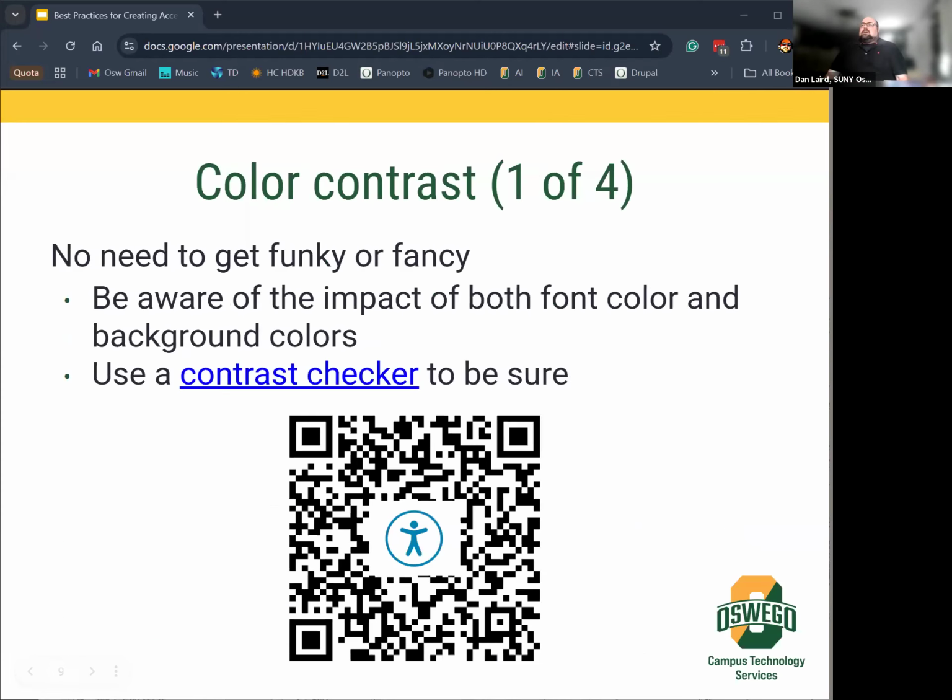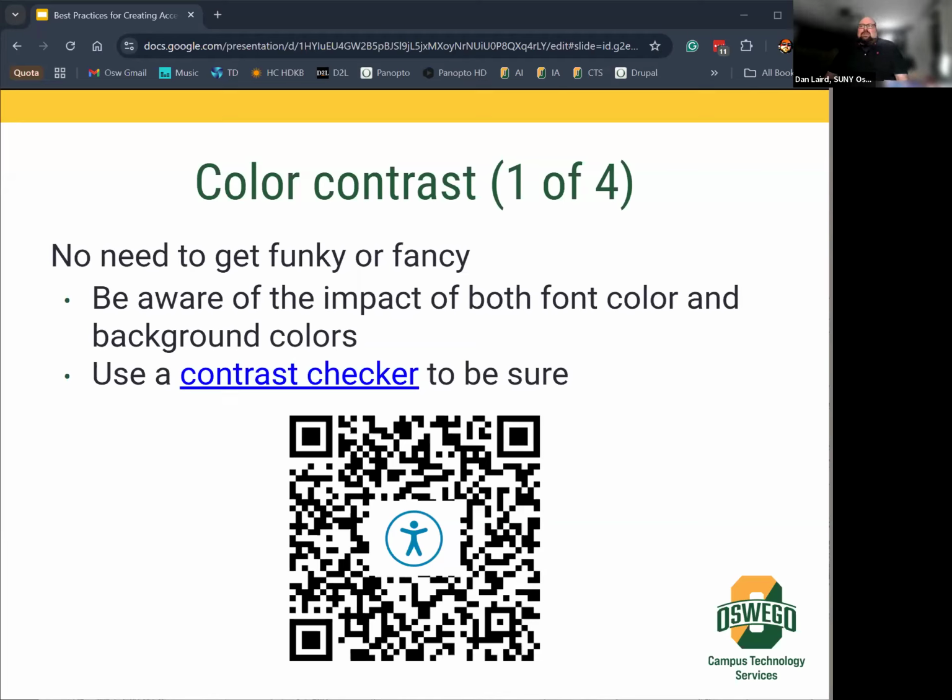Next thing, color contrast. I've seen this a lot. There's been some presentations where I'll show you an example, but the background was black and the color of the text was like the color of this text in this link. It's like a dark blue, and it's painful to read. It's hard. Like it literally gave me a headache. So make sure that you just keep it simple.